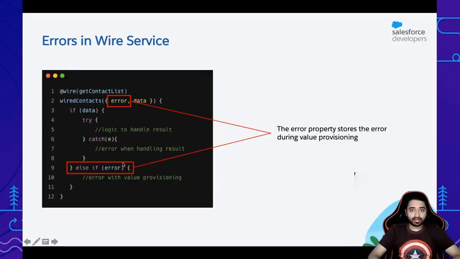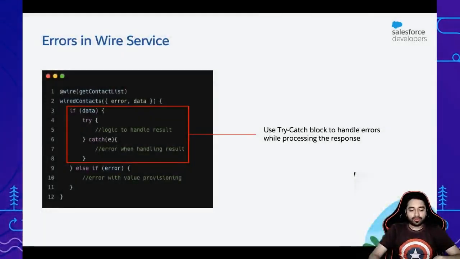Now, in case you have wired your method to a property, you'll have to check for the error in your HTML template. So you're going to have to specify a template if true, and then property.error, and then handle that error inside it. But you will have to handle it. Now, how do you handle errors after the value is provisioned?